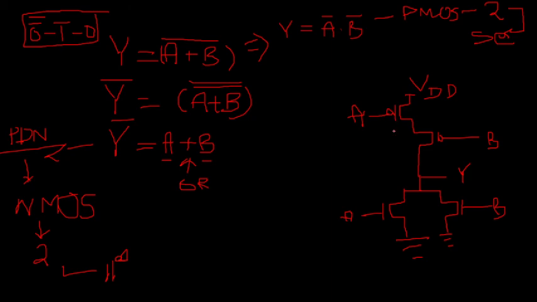Two input means inputs are two, A and B. If it is three input, then inputs will be A, B and C, and the connections will be the same. Here you will increase one more transistor, you will connect one more transistor C in parallel, and here one PMOS in series. So this is your implementation. Don't worry about this alignment. Okay, you can make this B this side also and in the opposite side also, it does not matter.